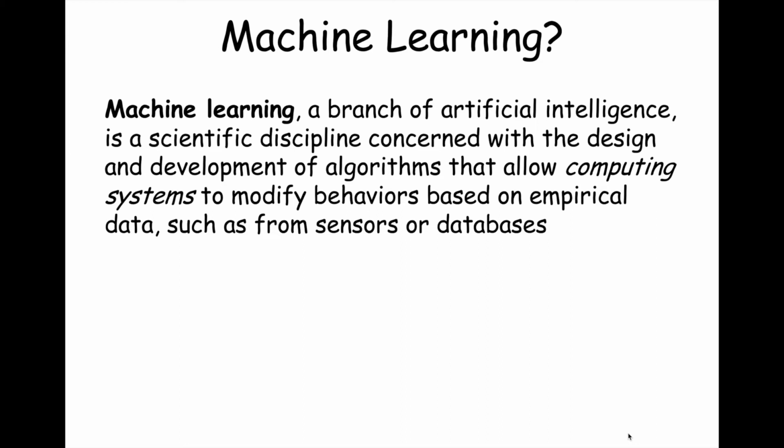And so machine learning is a branch of AI, or artificial intelligence, and is concerned with the design of algorithms that allow computing systems to modify behaviors or to improve their performance as they get more data from sensors or databases. And so this idea of improving their performance based on data, the more data you feed it, the better it gets. Now, one of the things we'll characterize in a very formal way is what quality and what better